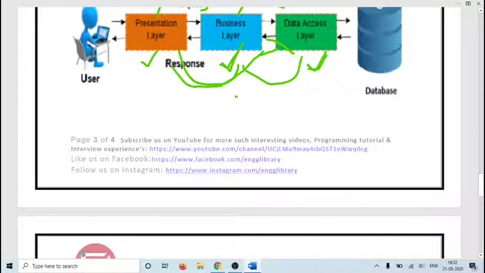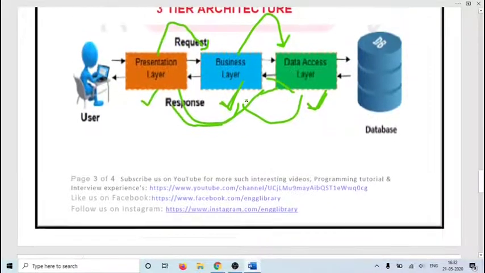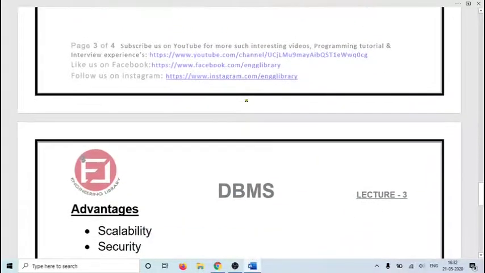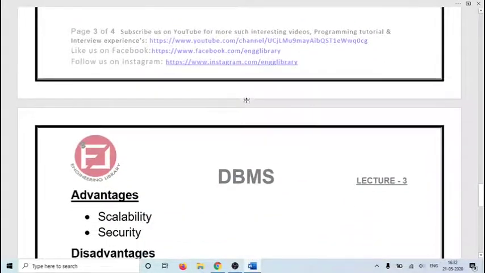So here the major advantage is that it is highly scalable as the users increase. As in banks or railways, we can rely on the website for doing the tasks, and it is highly secure also, as the users don't know where the data is present.